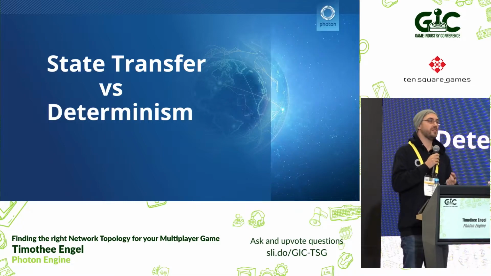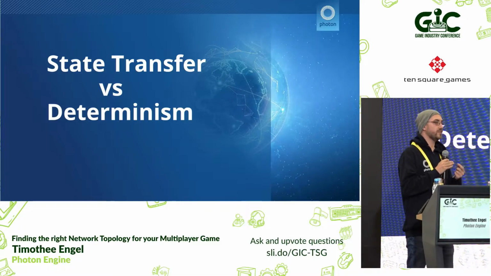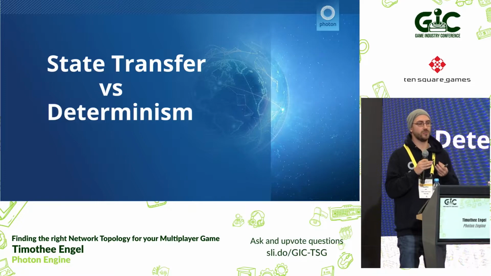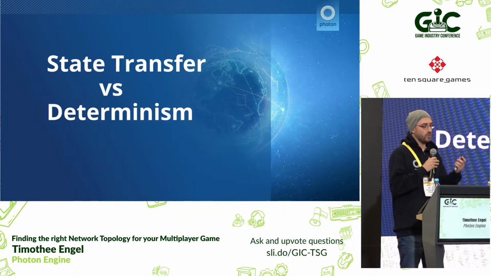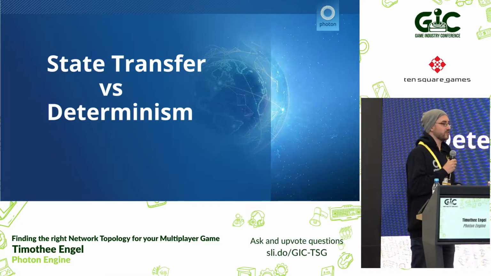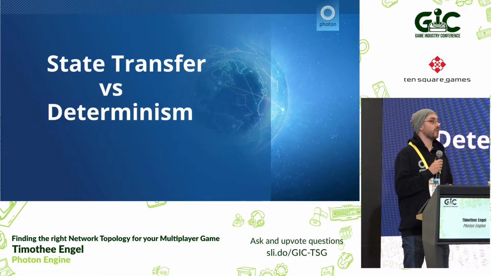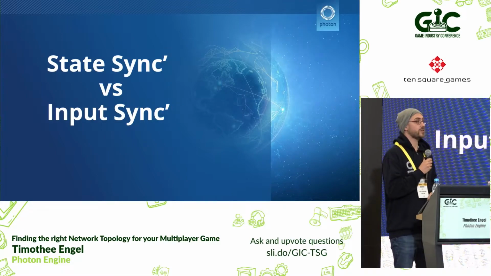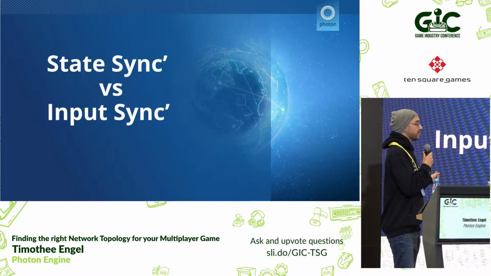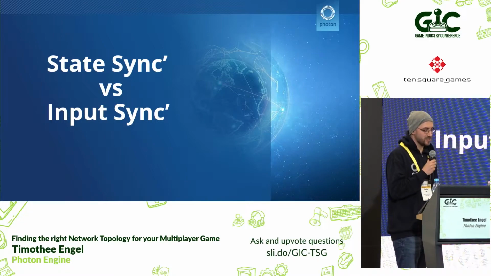State transfer is the most common one used because it's the most simple conceptually to see, whereas determinism goes a bit more complicated from a conceptual point, but tends to be a lot easier to use down the road. And to be specific, state transfer and determinism are actually state synchronization and input synchronization. What that exactly means, we will see in